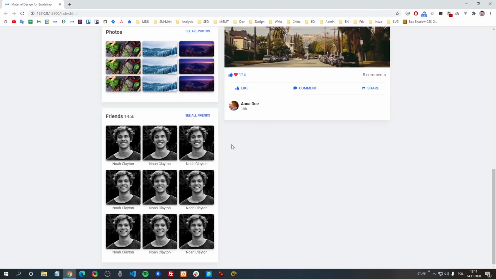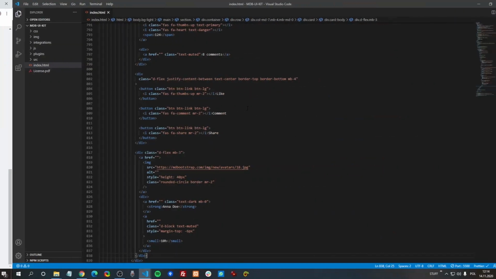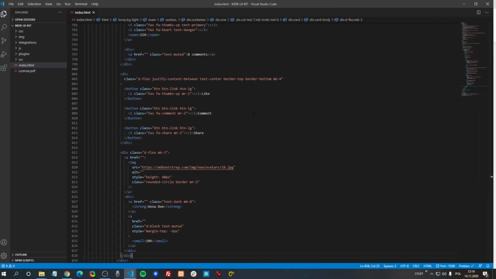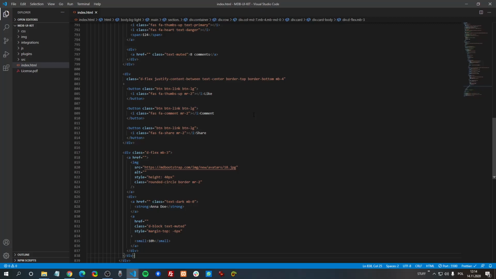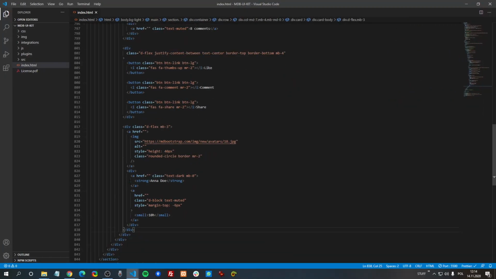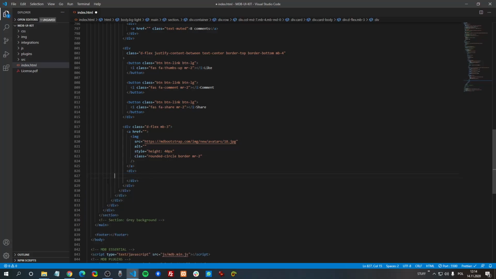Alright, but instead of the name and time, we'll add text area. So let's remove this. Yes, and now